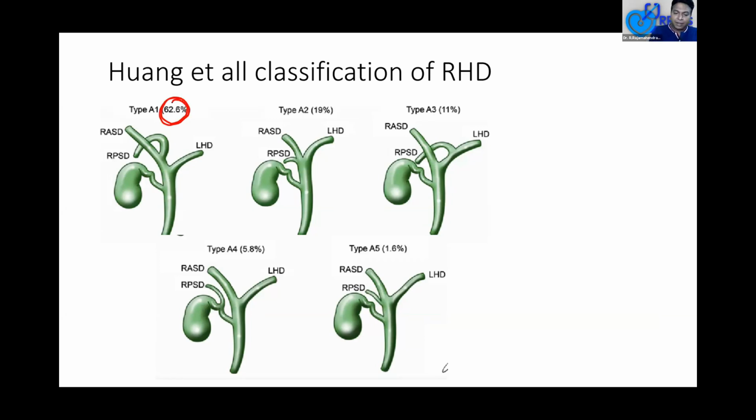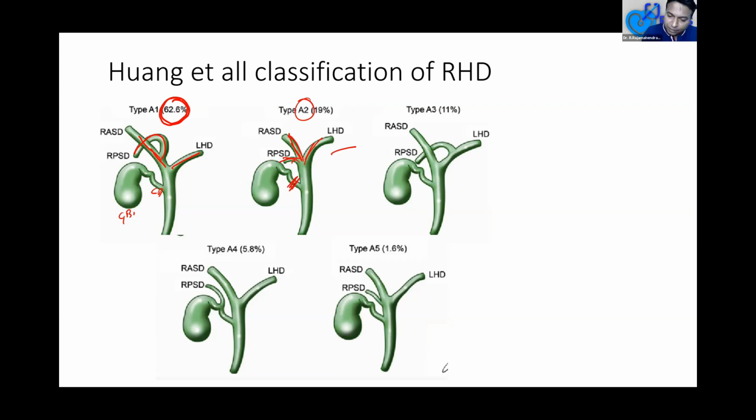Normally what we have is right duct, left duct. The right duct has right anterior sectoral and posterior sectoral. This is a normal anatomy seen in only 60% of the patients. So this is the cystic duct and gallbladder. You are lucky if you are getting an anatomy like this, type A1 as per Hume et al. classification. You are lucky even if you get a type A2. In A2 also, it is a trifurcation. They divide into three: left hepatic duct, right posterior sectoral, right anterior sectoral. There is no disturbance in this anatomy. You will cut.